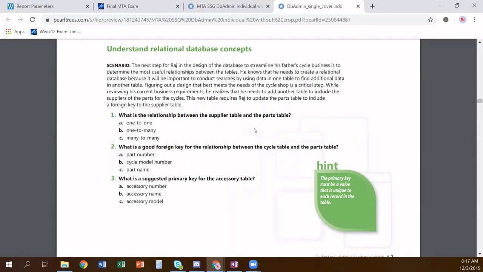Is that correct? We better look at the answers. We have a cycle and parts. Let's think about this relationship. Which one are we talking about? Just looking at it at the outset, Seth could be right, I could be right. For a cycle, we would have many parts, right? It's a one-to-many relation. So it has to be the foreign key in the parts table that relates back to the cycle. Is that correct? Or does our cycle relate to our part? We don't know for sure, but we know that